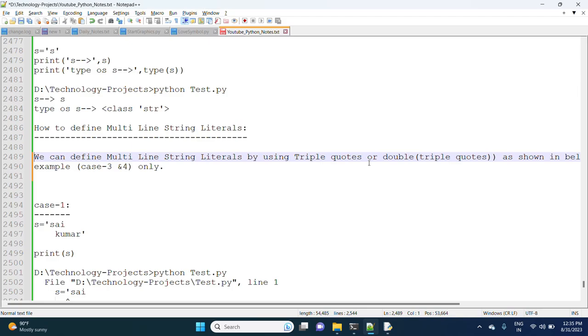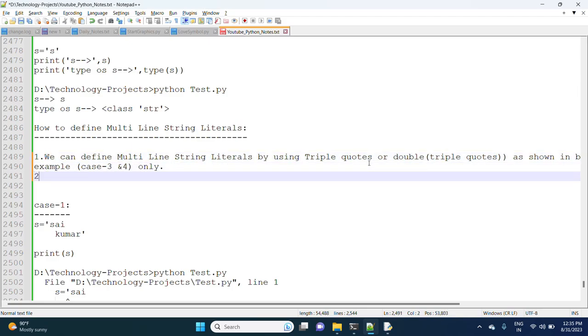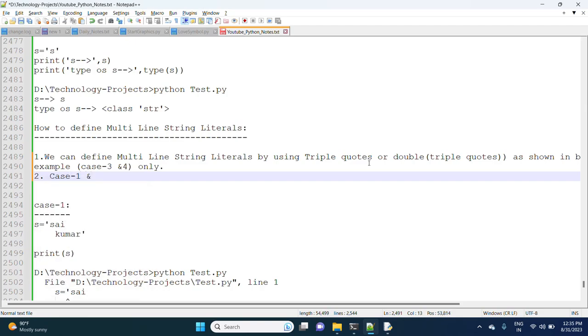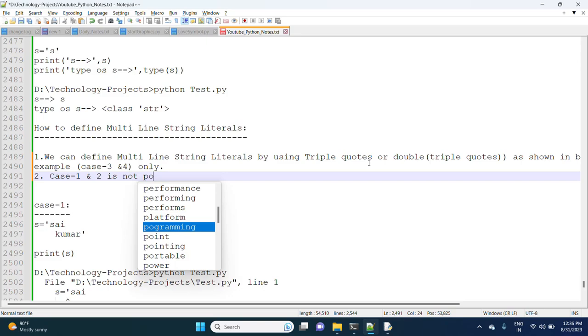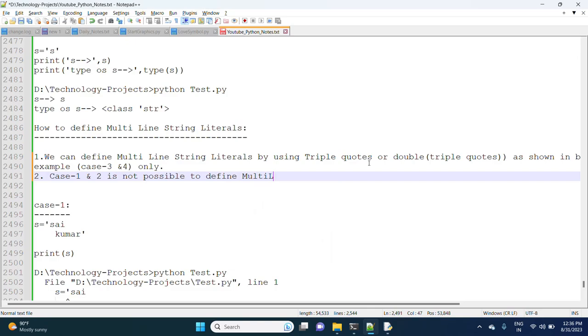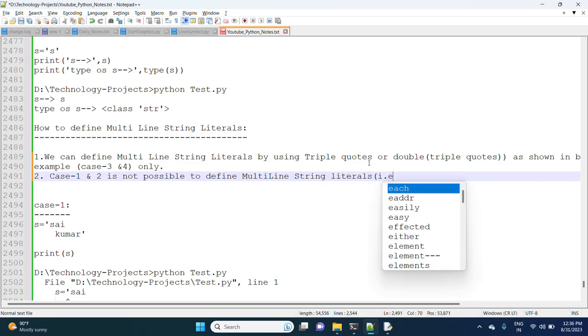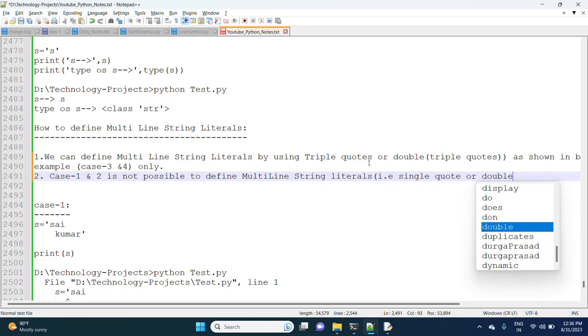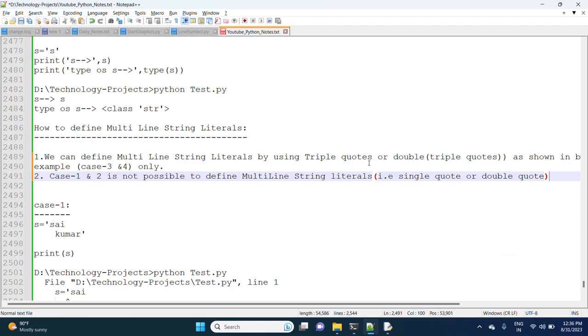I'll write this point also. Case 1 and 2 are not possible for defining multi-line string literals, that is, single quote or double quote.